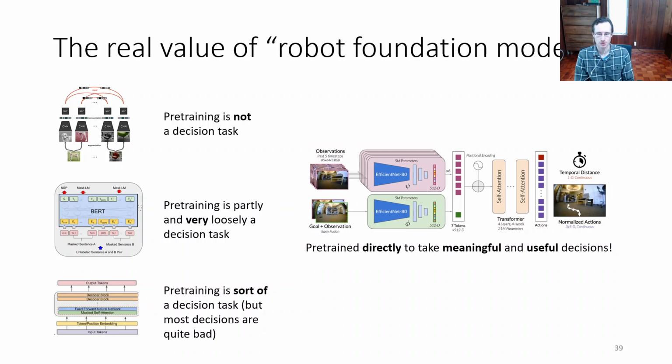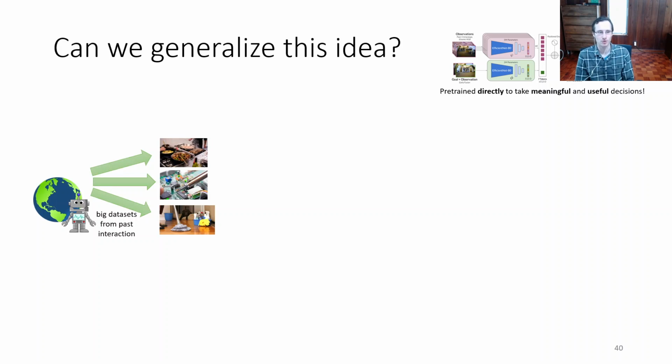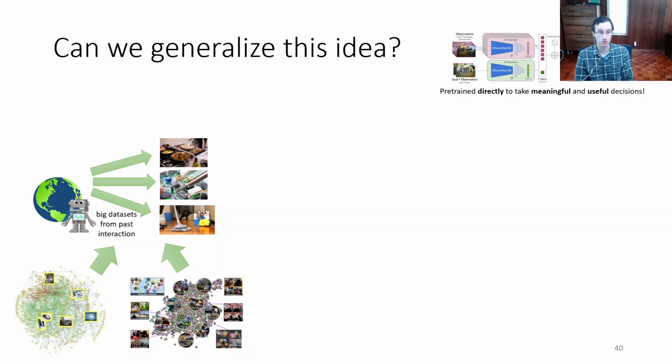But pre-trained models that directly take meaningful and useful decisions, that could be really useful, because if all of the downstream machine learning tasks are at the end of the day decision-making tasks, then perhaps pre-training for decision-making in the way that these general-purpose navigation models are trained could really be the key to making machine learning much more powerful. And perhaps this idea extends far beyond robotics. So maybe we can generalize this idea that if we have a big data set from past interactions, past tasks that the robot has done, past tasks from videos from the web, and other sources of information